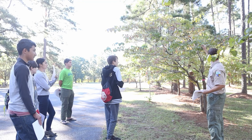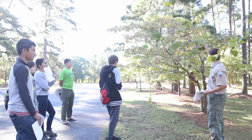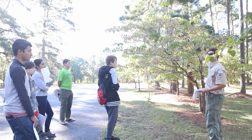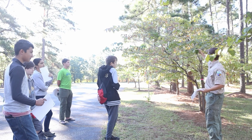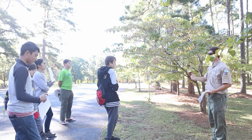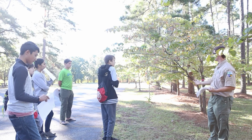So the leaves are opposite. You can see there's one opening right there where two leaves are coming off from side to side. So this is an example of a simple leaf, entire, but it's opposite. And so these key factors are very important for determining what species we have, because we can go,